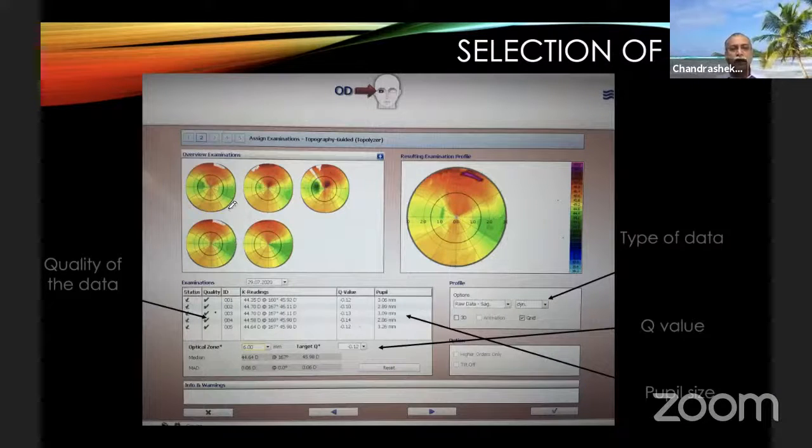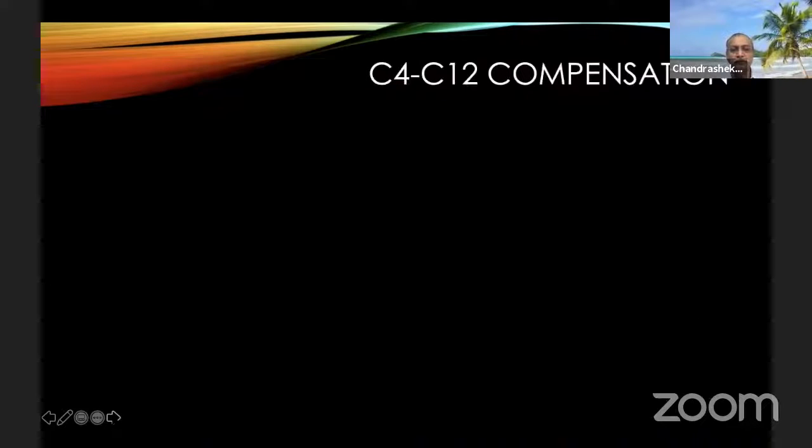Then out of these maps above, you select in such a way that your mean axis deviation comes to 0. So MAD has to be 0 as far as possible. Of course, this is not possible when we are dealing with abnormal corneas, but at least for normal corneas, you keep on taking readings till you get this as 0.